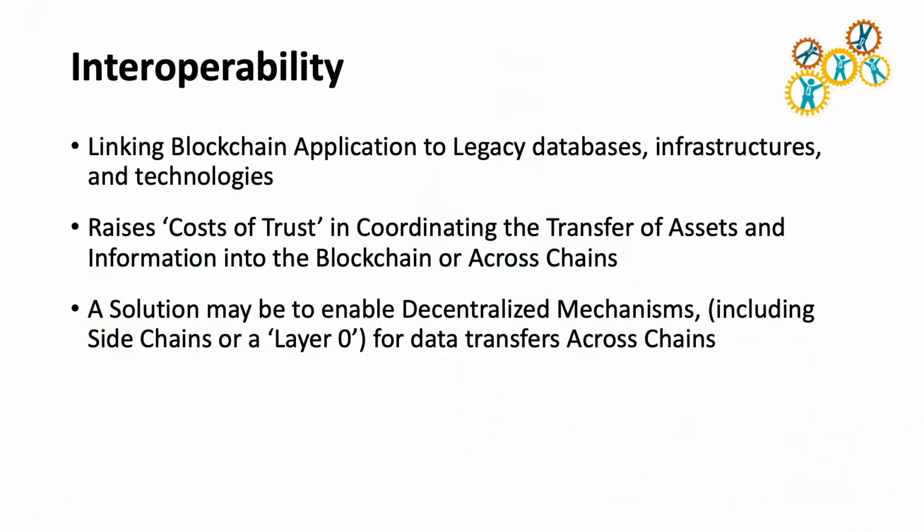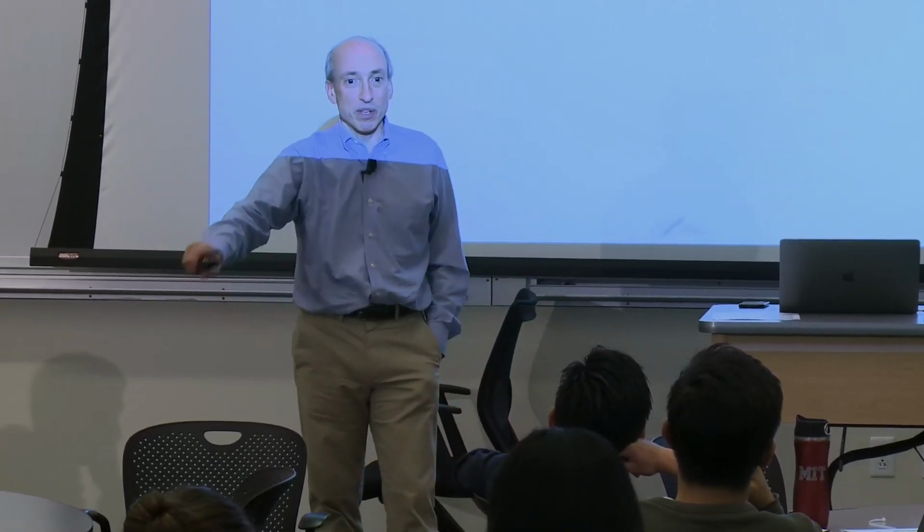One solution, it doesn't mean it's the right solution or the only solution, is to do it through some decentralized mechanisms, including side chains. One of the favorites of the director of the Media Lab, Joey Ito, thinks maybe if we have layer 2, we should also have layer 0 underneath all of these coins, underneath Ethereum and Bitcoin. Maybe there's a layer that we can technologically create. Nobody's done this yet, but Joey's a visionary.